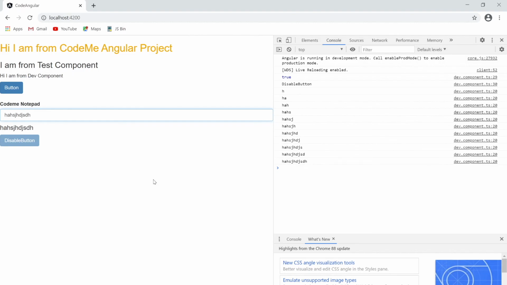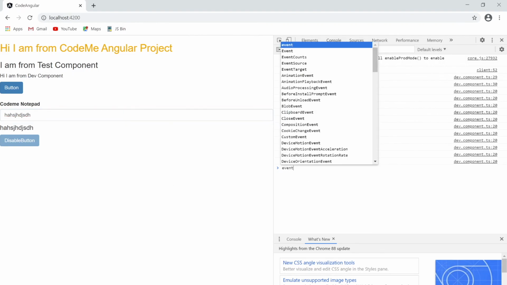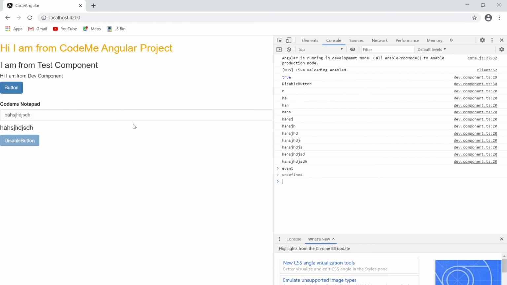As you can see, if we simply print the event, okay, now it's undefined because we haven't created an instance. If we pass that thing and print it on the console, it will show that we are putting an input event or deleting event, as I already showed you. So that's it all about events.